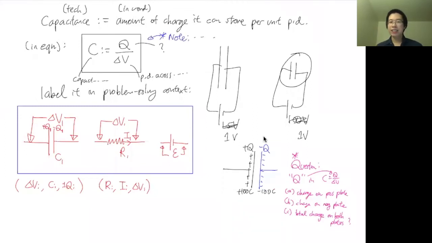All right, so we still haven't talked about how do I make a good one, right? Now I told you how to measure it. My goal is to put as much charge here as possible per unit potential difference, per unit volts. But what can I do? So let's think of it. Any guesses? What can I change about the plates to store more charge on them? While I write this out, you can pop some ideas and check how to maximize capacitance, or AKA how to make a better capacitor.